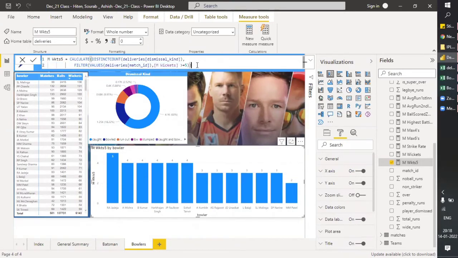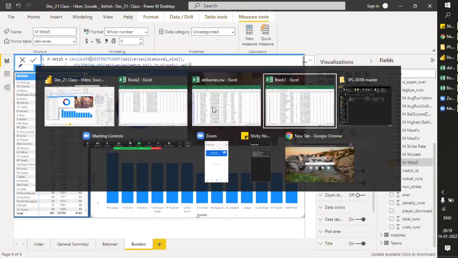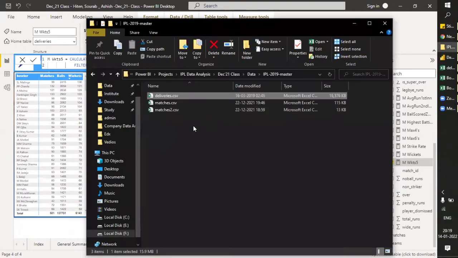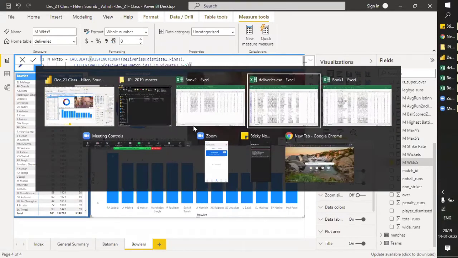This DAX should be fine. Why is it showing so?